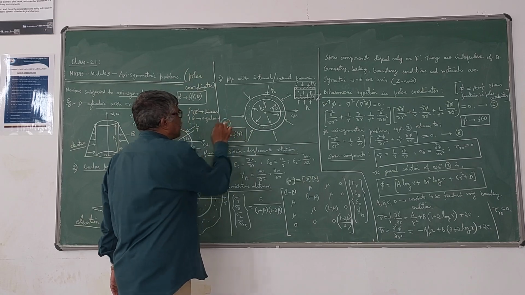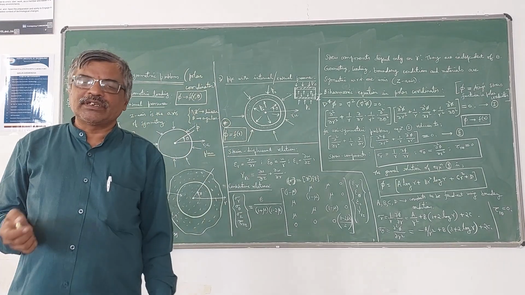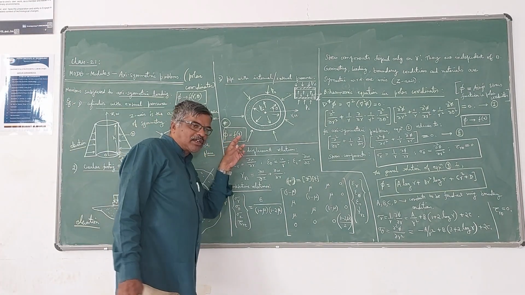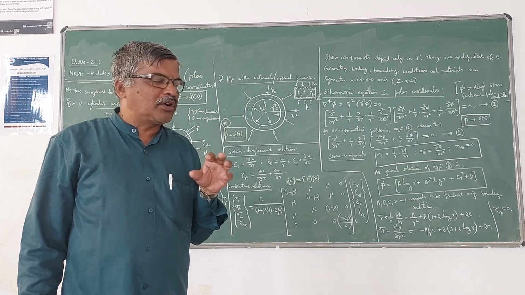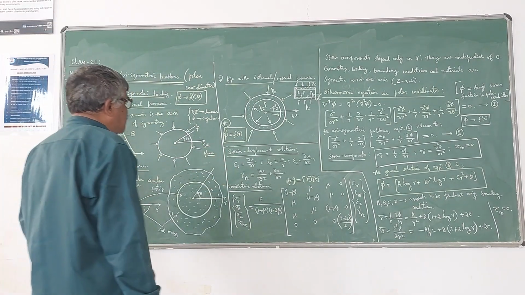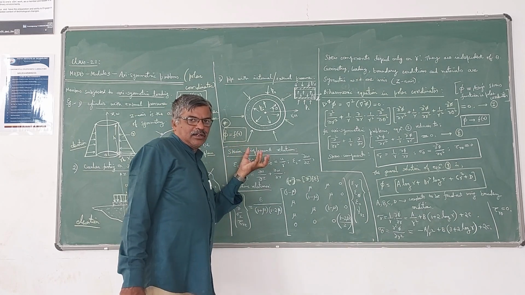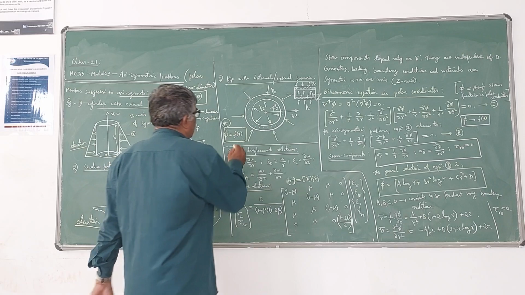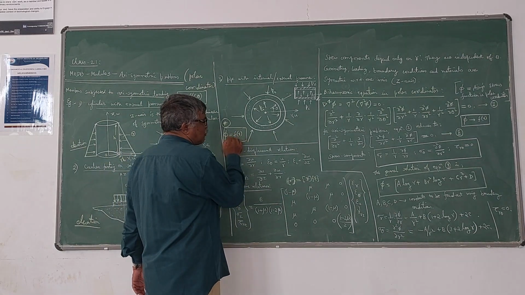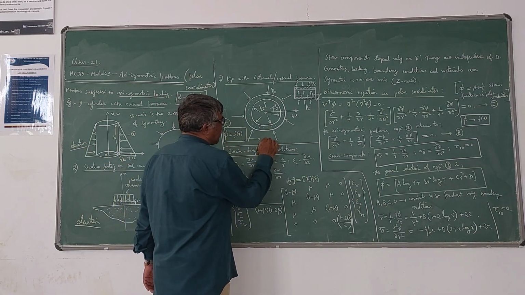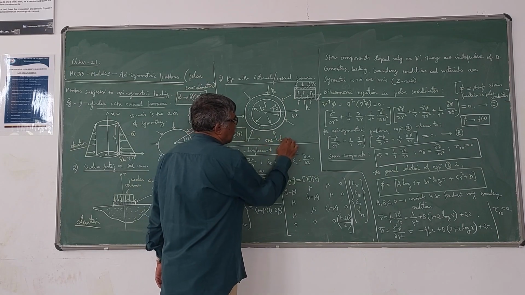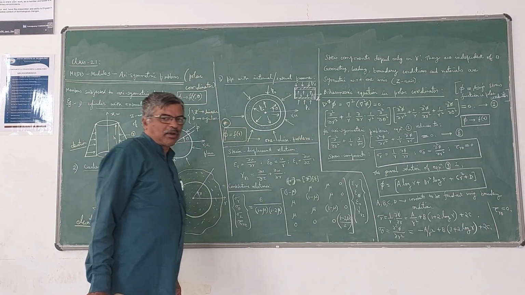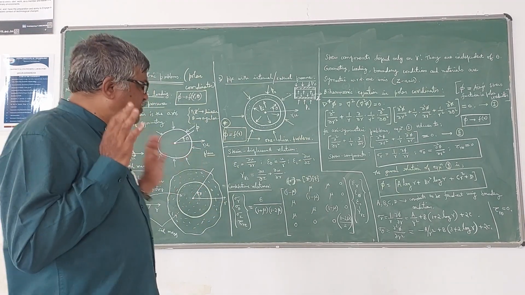So that means a three-dimensional problem which consists of r, theta and z will be transformed to a one-dimensional problem. So phi is equal to f of r, which means it is a function of only r. So it is converted to an axisymmetric problem, which means it is a one-dimensional problem. Please note that phi is a function of only r. So a three-dimensional problem is converted to a one-dimensional problem. This is the advantage of having axisymmetric problems. So the solution is very simple.